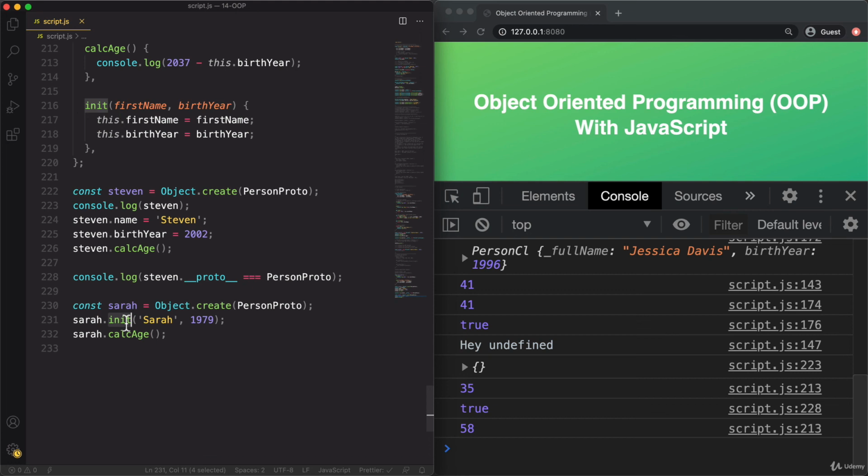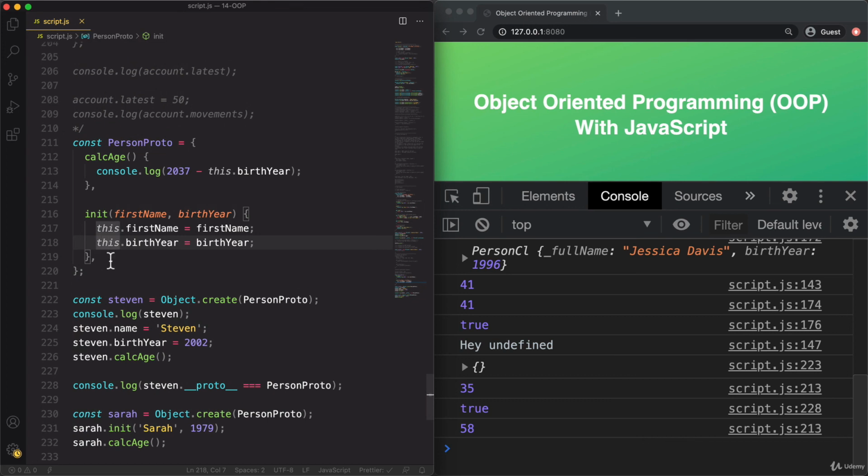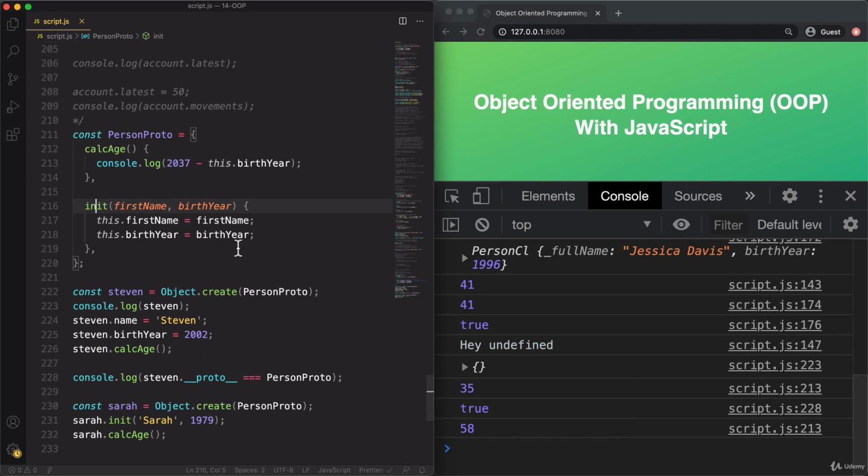So again, this has nothing to do with the constructor functions that we saw earlier, and it's also completely different from the constructor method that we have in ES6 classes. This is just a manual way of basically initializing the object, and this here could be any name. And indeed, we could have a method like this in any other object literal. Alright.